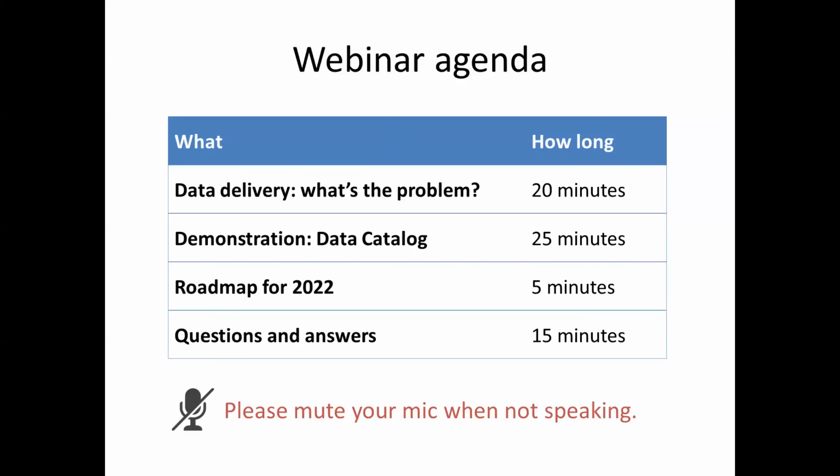A lot of effort, a lot of thinking, a lot of development went into the initial release of the data catalog, and I'm very, very happy to present it to you. But still, many things will be developed. I would like to especially highlight one feature that will be available in the catalog a bit later. It's hyperlinking of datasets. I will talk about it a bit later. And finally, at the end, I'm planning no less than 15 minutes for questions and answers.